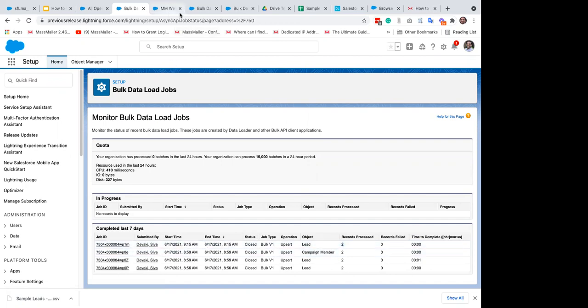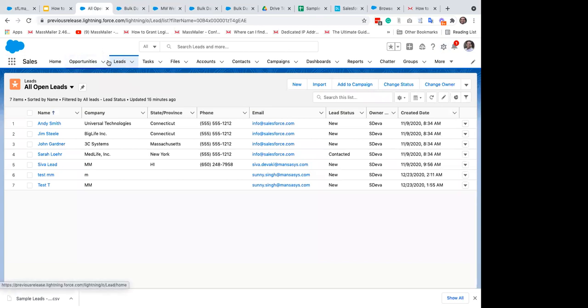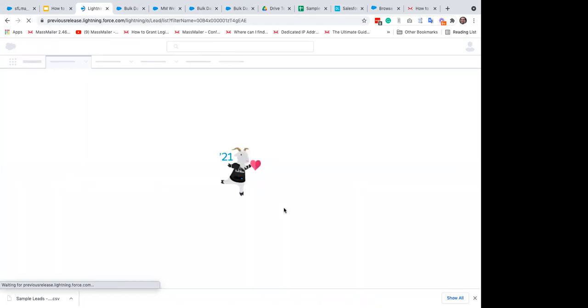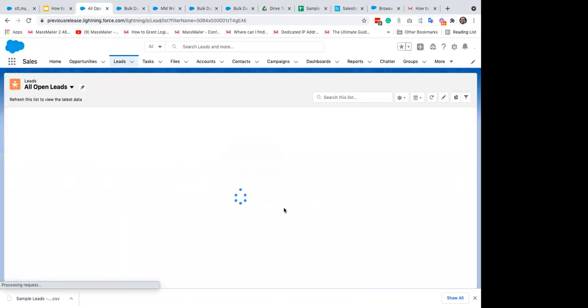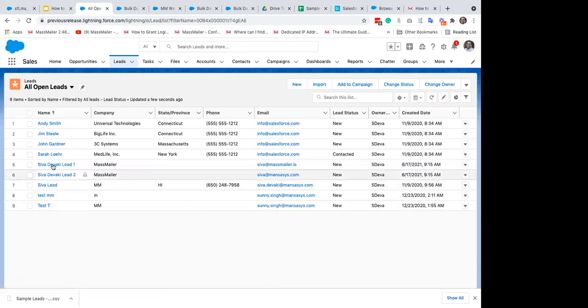So if I take you to the leads, this is the lead summary page, and I'm just going to go refresh, and it should actually show me the 2 records that we just imported. So this is the one, these 2. So we got those 2 leads imported, and those are in the status new, right? And this is how you can actually